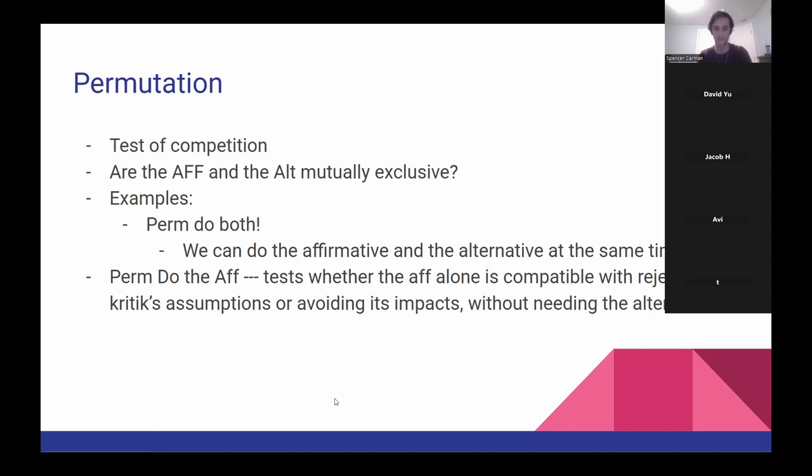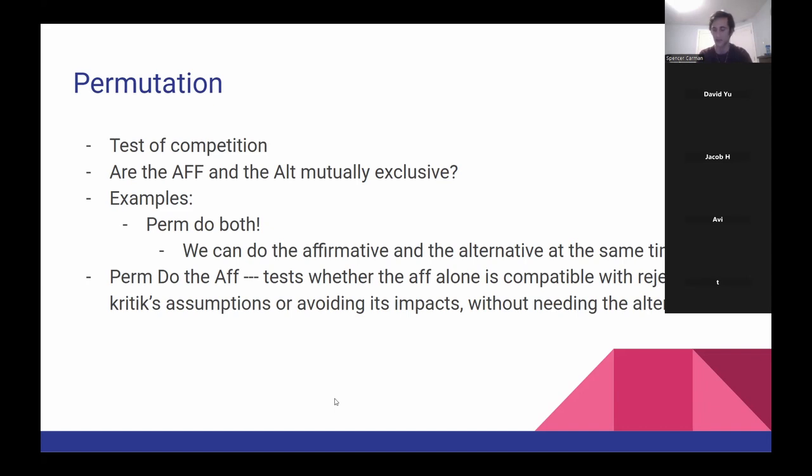Perm do the aff tests whether the affirmative alone is compatible with rejecting the critique's assumptions or avoiding its impacts without doing the alternative. Perm do the aff, I think, is probably most common when you're reading more of a soft left aff or something more like structural violence framing. So an example of when you could read something like